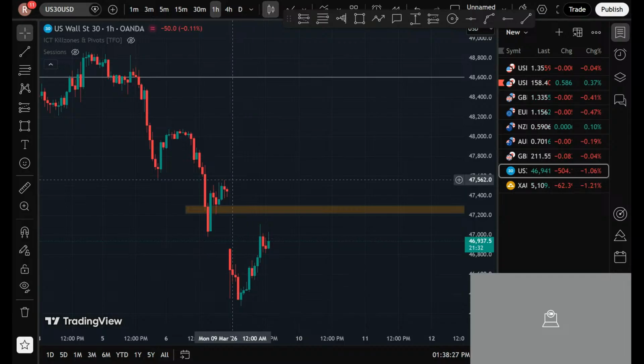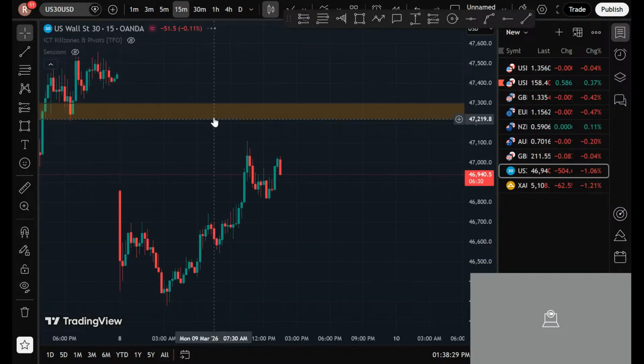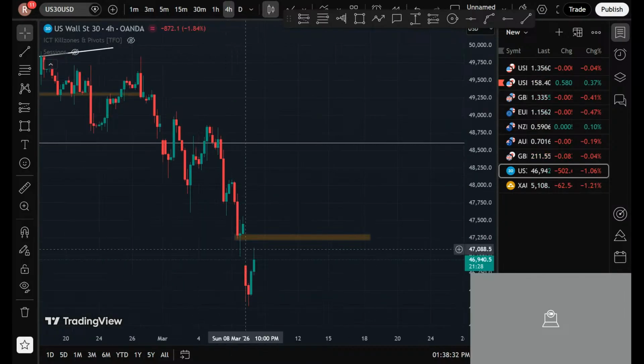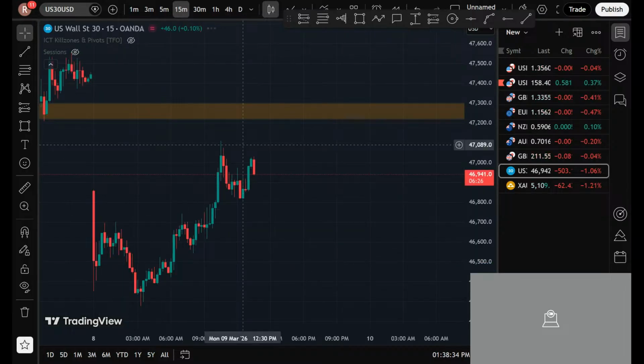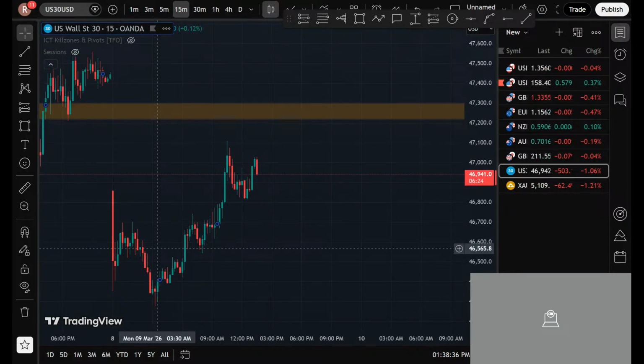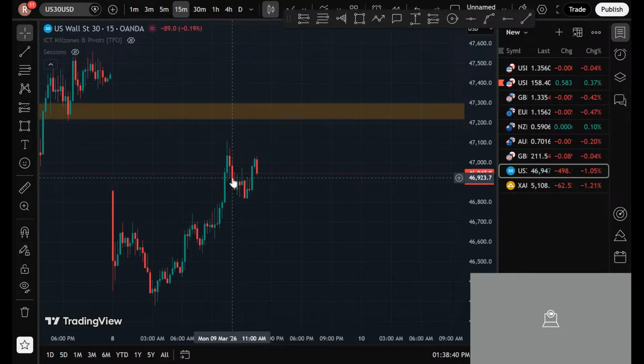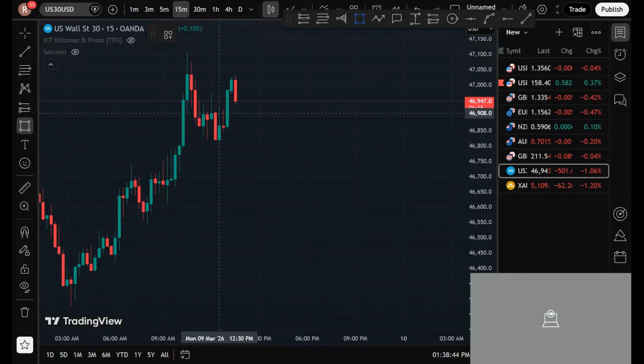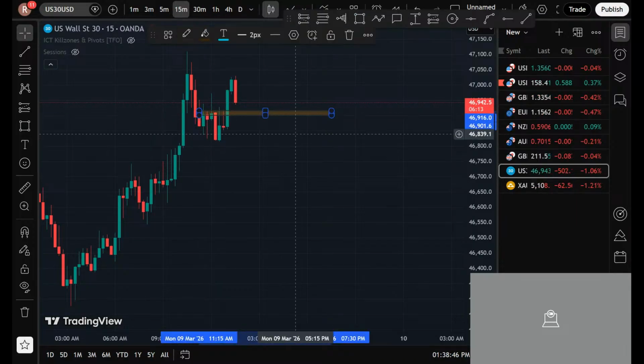The 1 hour looks kind of bearish, but we have a clean kind of range. Sellers, buyers, sellers. Sellers are strong, weak. Buyers are kind of strong. These are the areas,